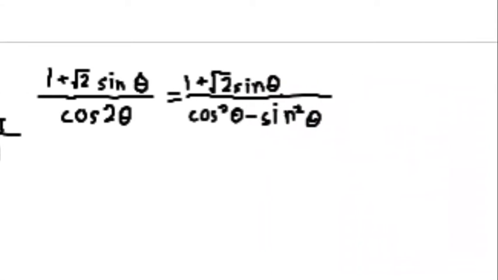Now, just like before, we are going to do difference of squares. But our difference of squares is going to leave us with a cosine part and a sine part in each of our parentheses. So let's look up here,